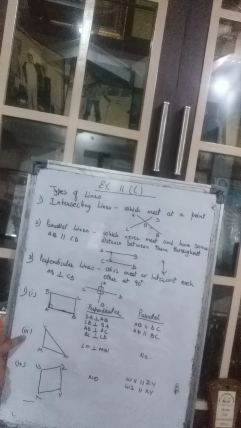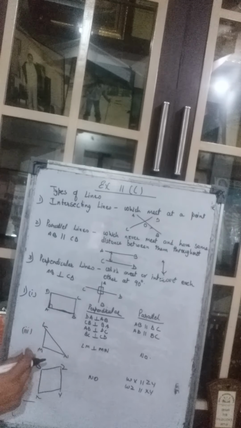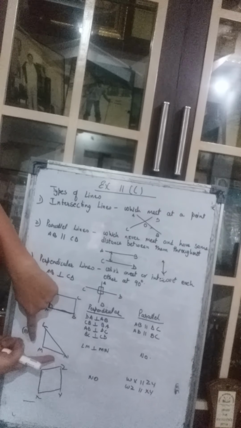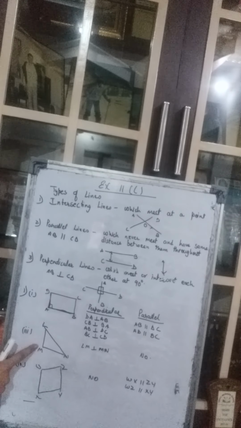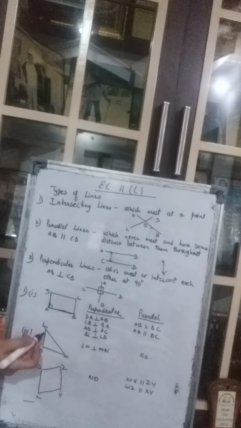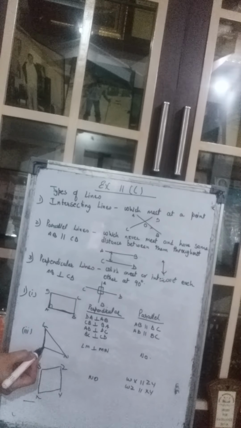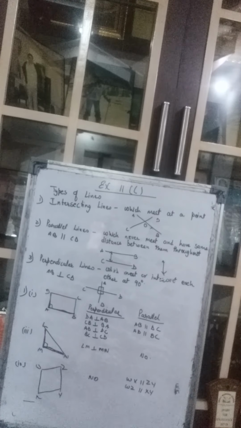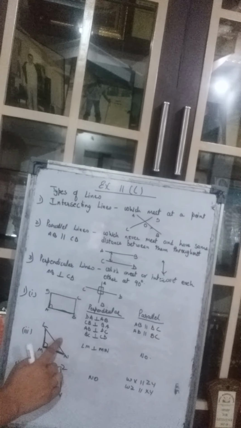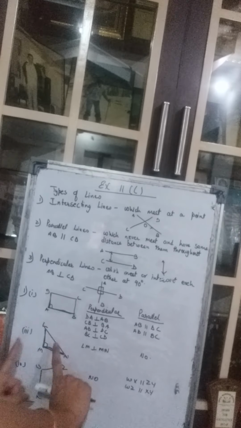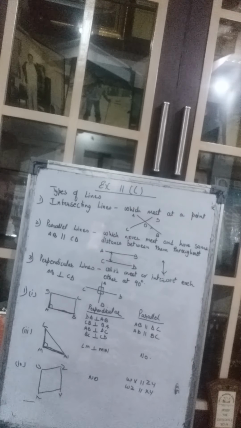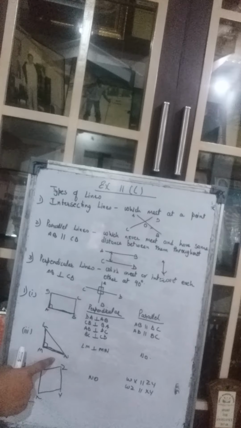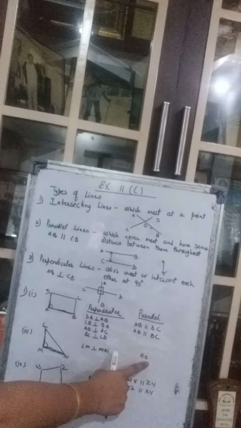Now we come to the third part. It says LMN. Here, which is a perpendicular line? Only this is a perpendicular line. LM is perpendicular to MN. This line LM is perpendicular to this MN. This is the 90-degree angle. And is there any parallel line here? Can you see any parallel line which are just parallel to each other, which are not intersecting? No, all the three are intersecting with each other. So there are no parallel lines here.